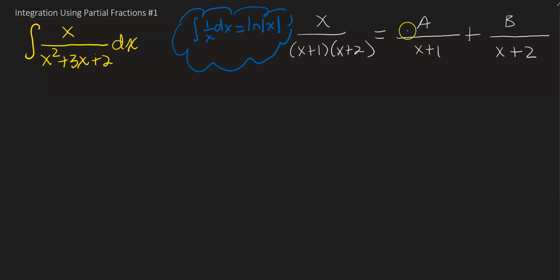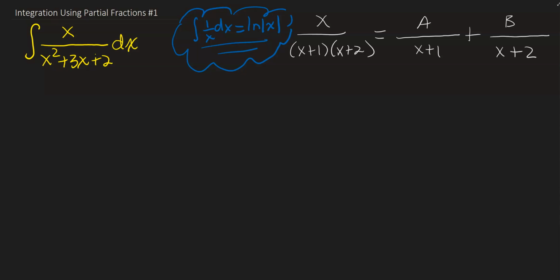So these terms right here look like this form here, right? So that's the idea. You break it down into 1 over x looking form so that you can take the integral of, right? So here we would say, let's suppose we are going to add our